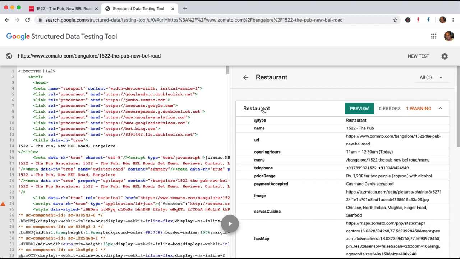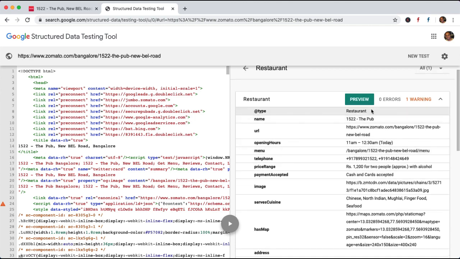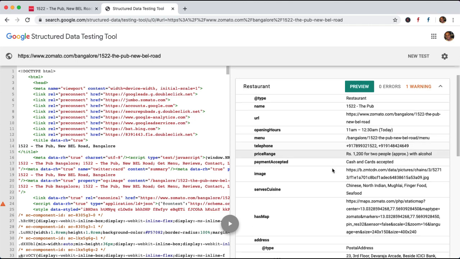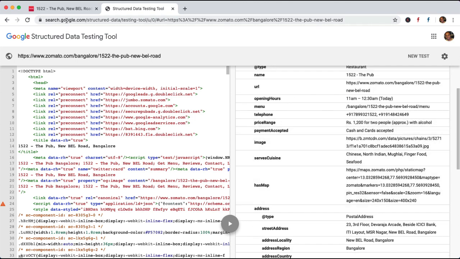Let me click on the restaurant, and here you can see the type is restaurant, the name of the restaurant is 1522 the pub. This is a URL, the Zomato URL. And by the way, this markup has been done by Zomato, not by 1522, right? You can see the opening hours, the menu, the telephone number, price range. As you could see, this is what is displayed here.